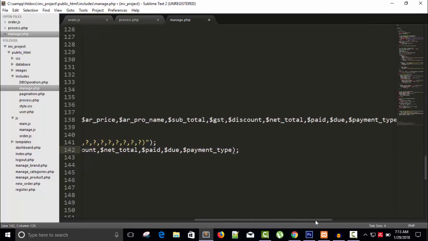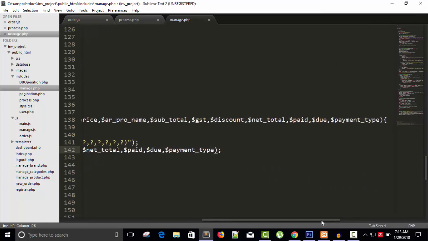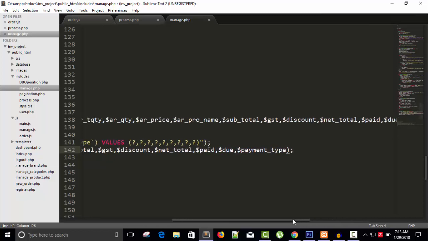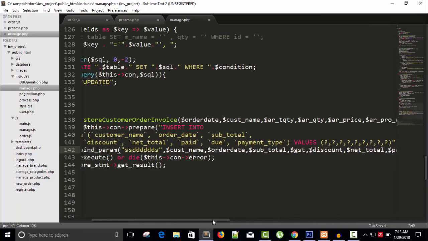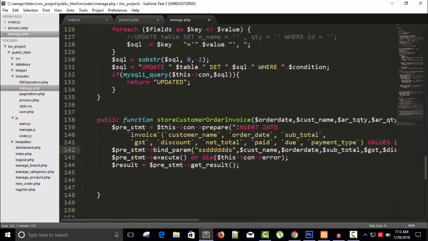Okay, let's check if everyone is correct or not. Payment type, due, paid, total, subtotal, discount, GST. So everyone is right. Then this query will execute, and if there is any problem it will die and give me what's actually wrong. Then we have result, prepare get result,